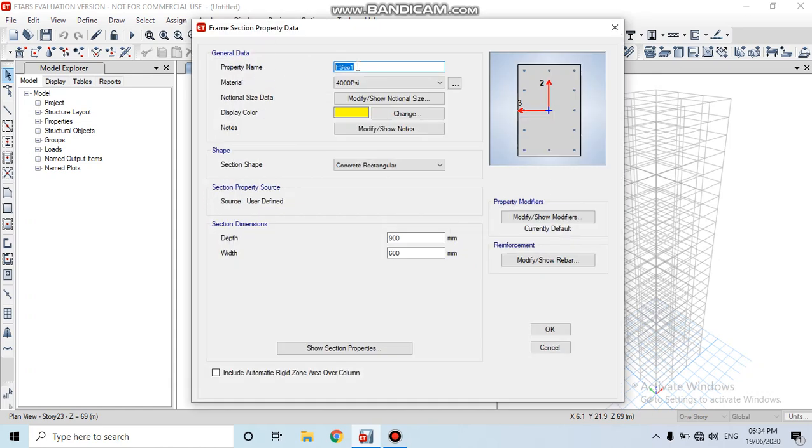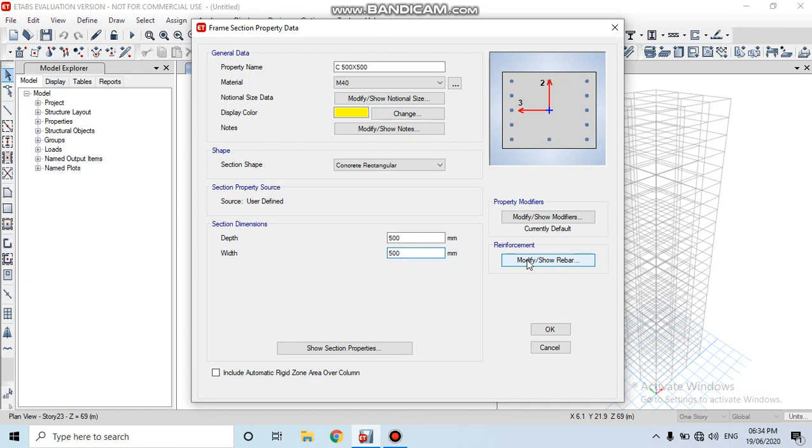Here we can enter the column dimensions, which we have considered as column 500 into 500 mm. And here the material we considered as M40. Change the section depth as 500 mm and the width as 500 mm.